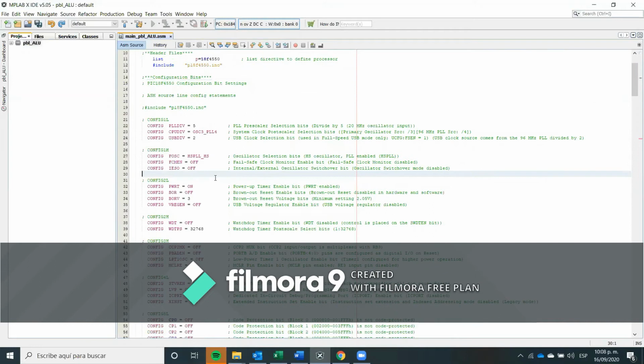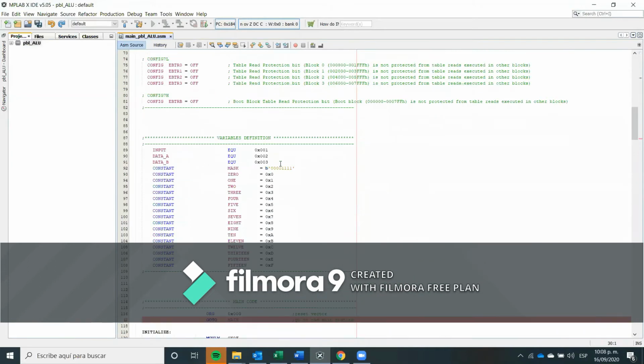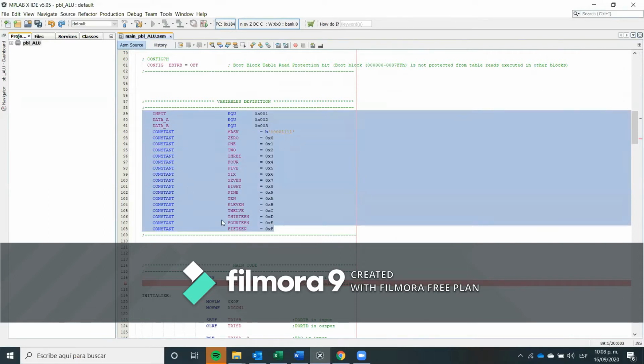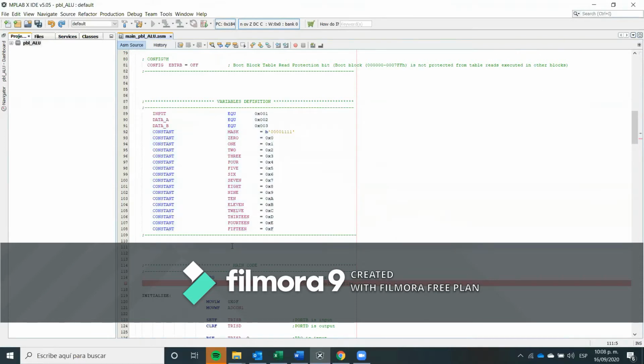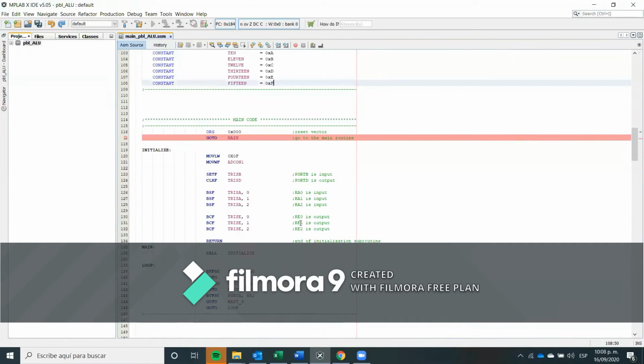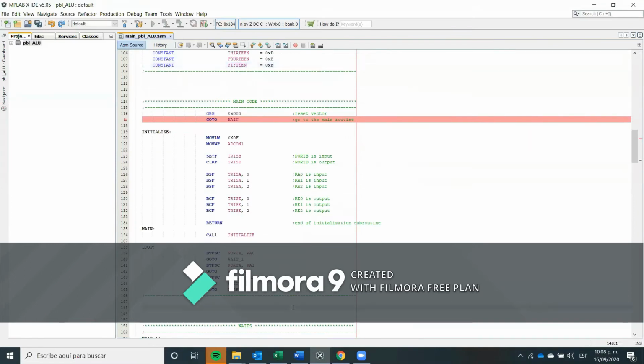After that, we are in the variables definition, where we declare three variables named input, data A, and data B. We also declare 16 constants that are going to represent our 16 operations. And then in initialize, we declare